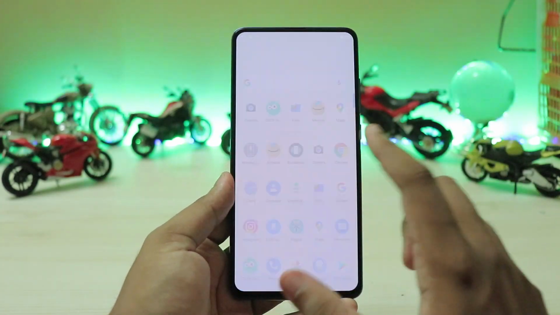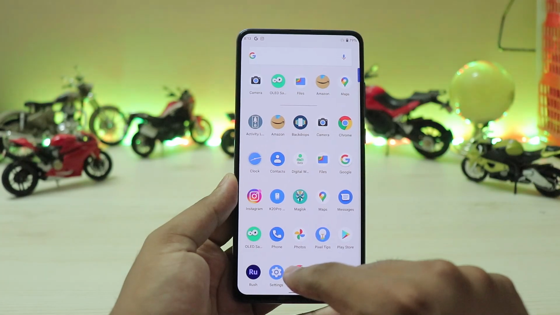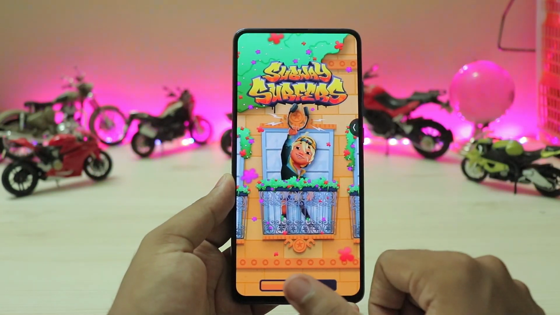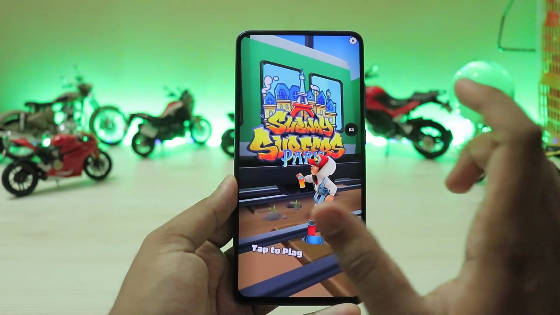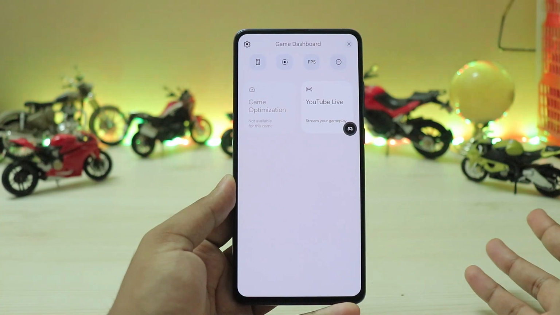And then the gaming mode. Yep, a complete gaming mode has been implemented into Android. So yeah, Subway Surfers, and there you go, a game launcher-like toggle is right over there. So even if I just expand it and go to it, you have game optimization, which I guess just clears out the RAM and stuff.